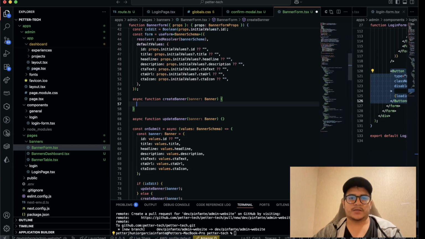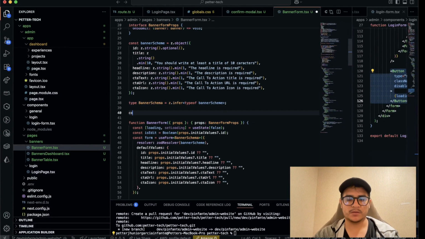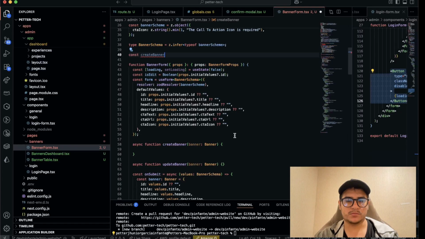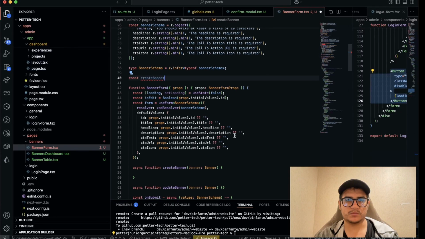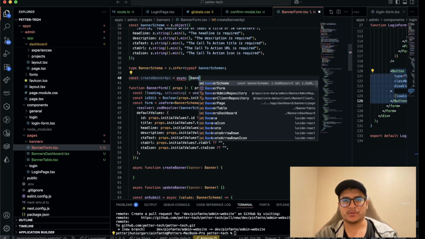For this, what we can do is create two other functions here. Const create banner, create banner API, let's call it. And I think receiving the banner,